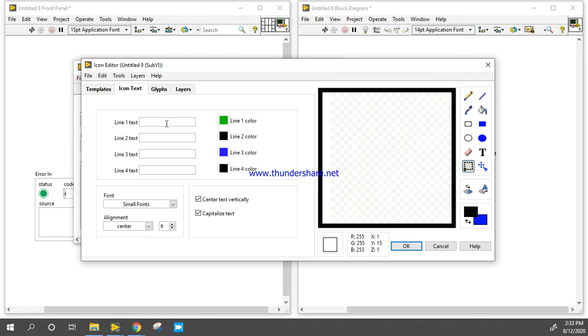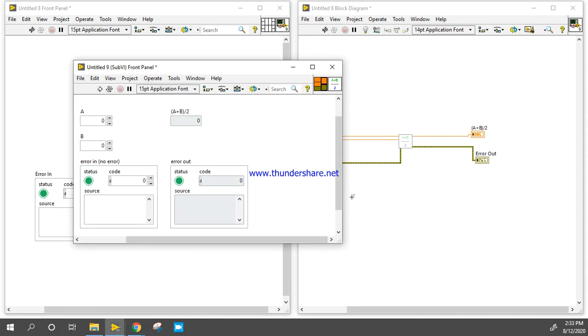Now I am going to write A plus B divided by 2. Increase the font size slightly. A plus B divided by 2. Now you can see A plus B divided by 2 is here.